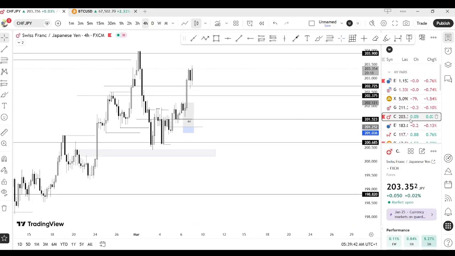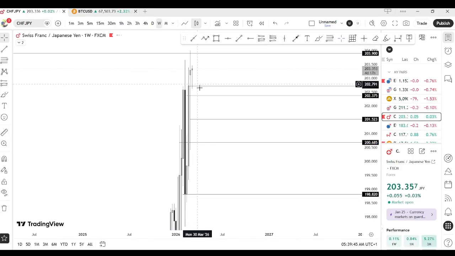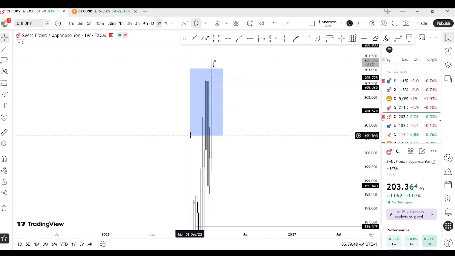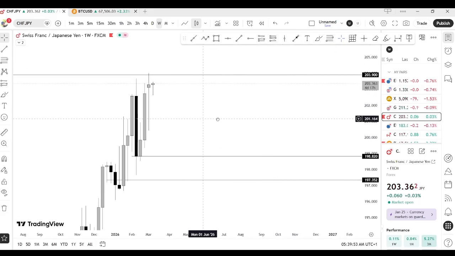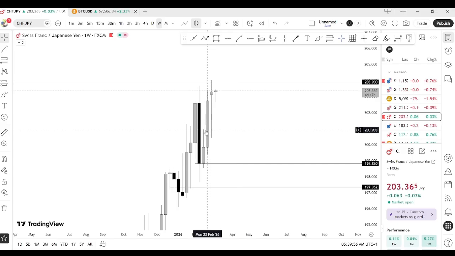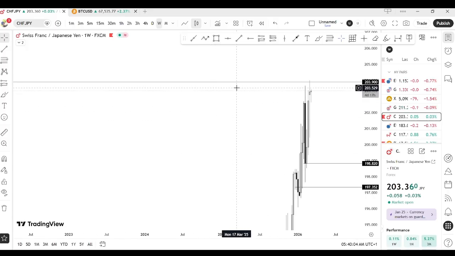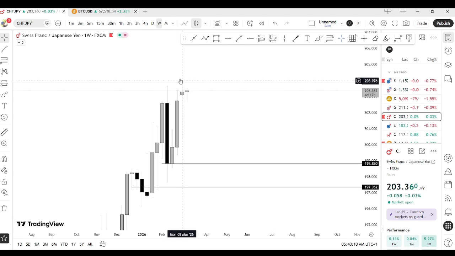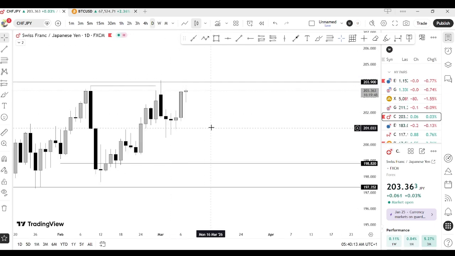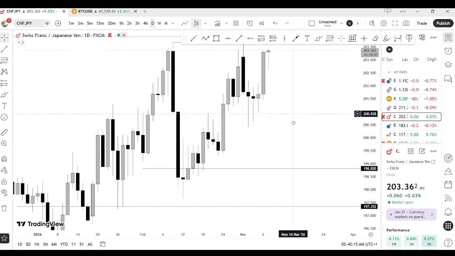Let's look at CHFJPY. Let me just remove all this line. Starting from the weekly time frame. This was last 2 week candle bullish. Last 3 week was bullish. Last 2 week bullish, and last week was bullish though, but it made a lot of rejection from this weekly key level. This key level here was gotten from the weekly time frame,